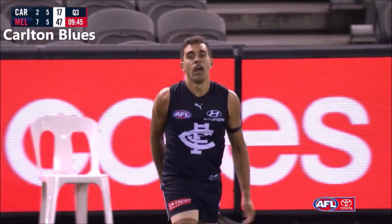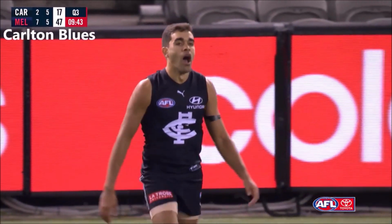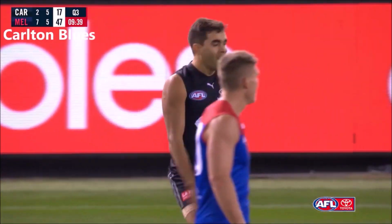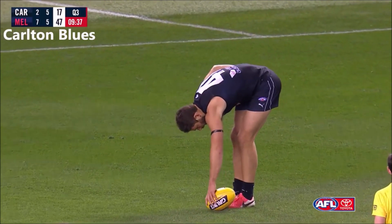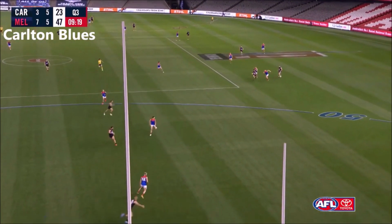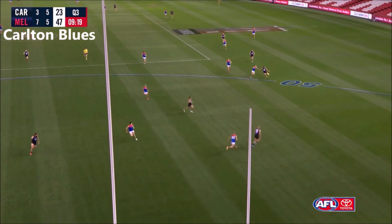Great passage, wasn't it? The class to rove, to be in the right position, to have the speed to break away, and then to pick the right option streaming forward on the wrong foot. That was a superb kick. This is the best passage of play clearly for the day. Look at that. Beautifully read, but...